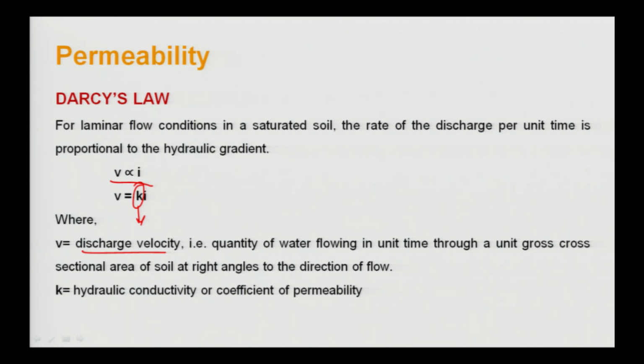We will be considering the soil, like if this is the soil mass, we will be considering the area at right angles to the flow. The flow is taking place at right angles. We will not be considering these other directions. And the second thing here, that is the constant, is what? Hydraulic conductivity, or we say coefficient of permeability. We will be seeing how this V is equal to Ki will be used in certain other things.